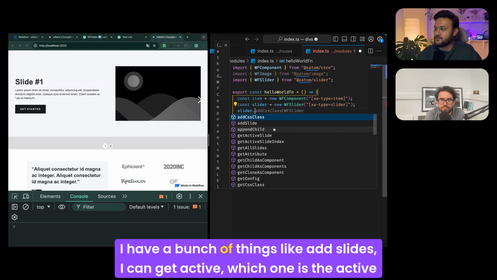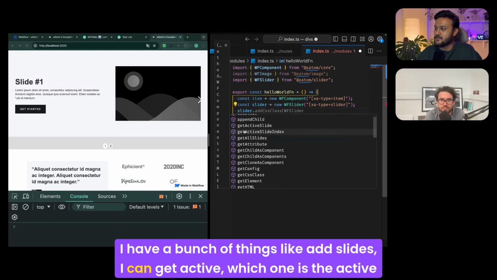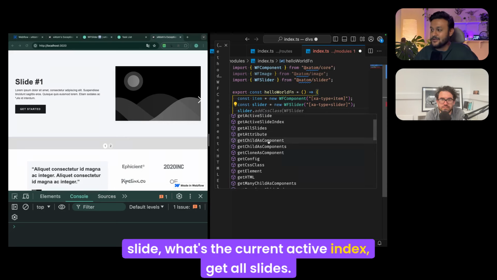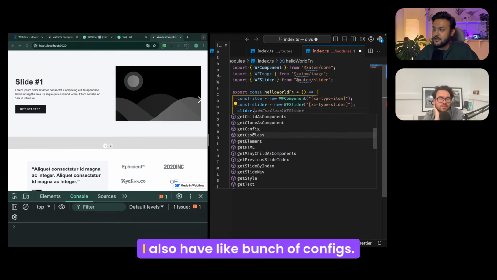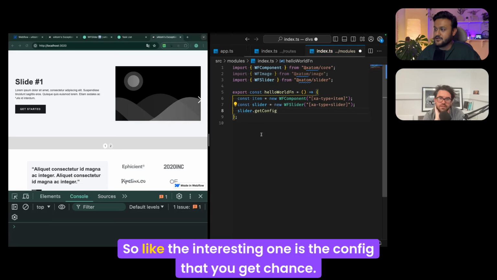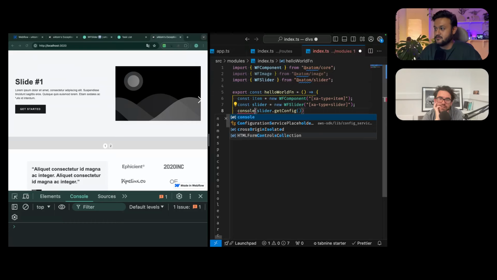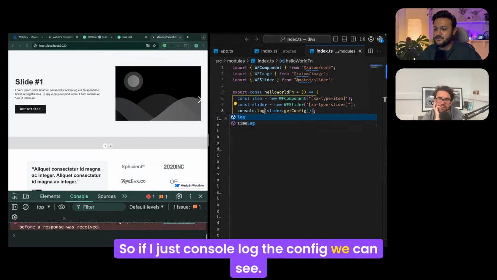I have a bunch of things like add slides. I can get active, which one is the active slide, what's the current active index, get all slides. I also have a bunch of configs. The interesting one is the config that you get. So if I just console log the config, we can see